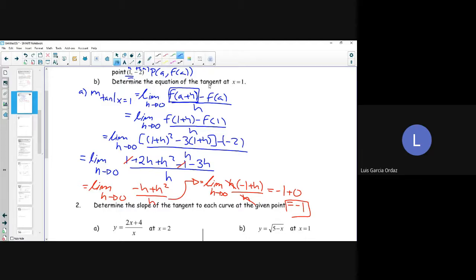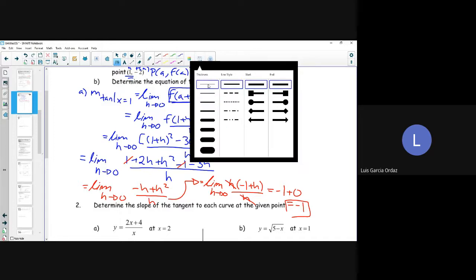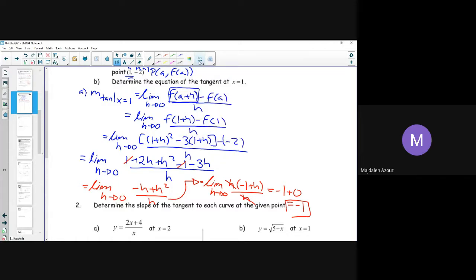Madge? Do we have to write limit h approaches 0 every single time? Unfortunately, yes. Okay. So now that we know our slope is -1, we need to determine the equation of